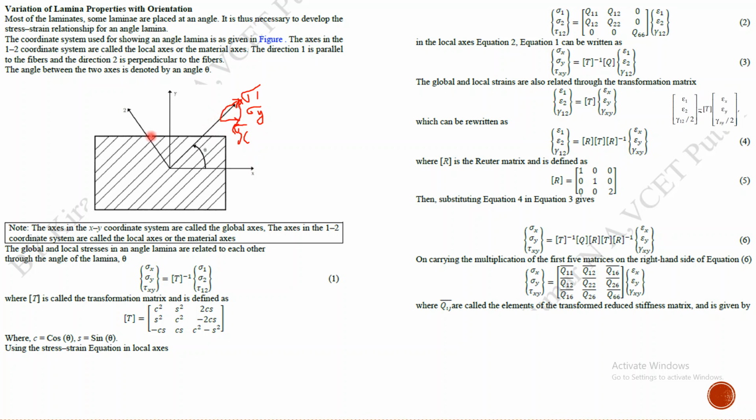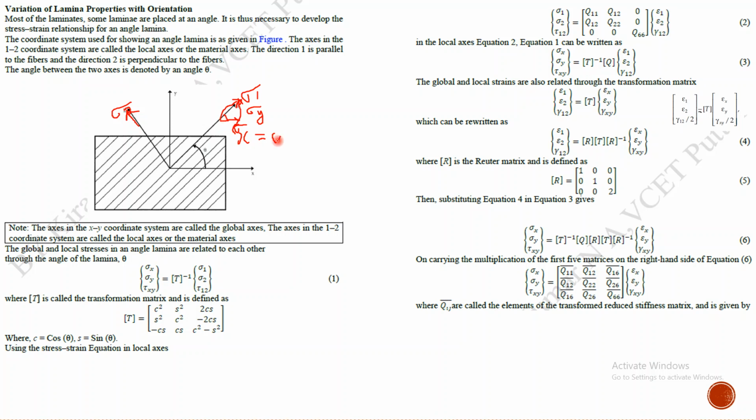If I include all the stresses, that is sigma 2 as well as the shear stress tau 12, in a perpendicular plane, what is going to happen? I should resolve all the vectors in the x direction and y direction. If you do that, I will show only for sigma 1 right now, sigma 1 and sigma x. So in terms of sigma 1, sigma x is calculated as sigma x is equal to what?